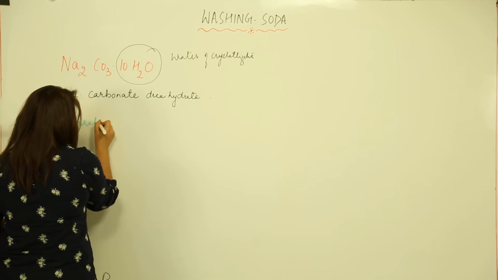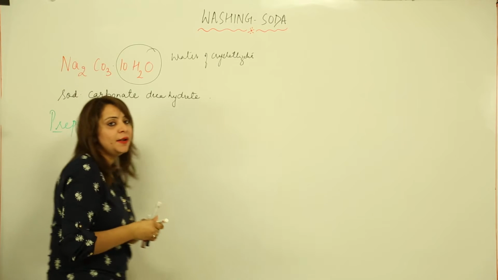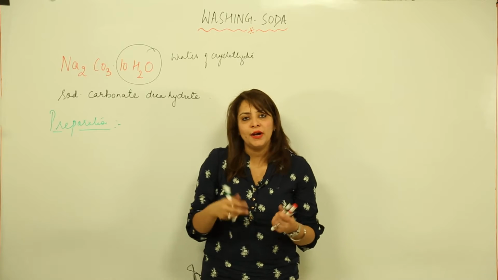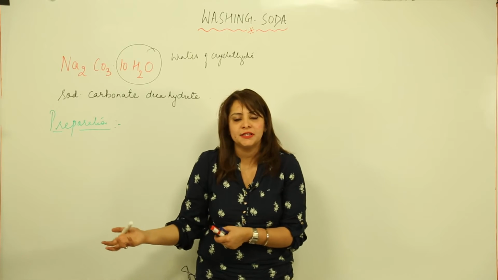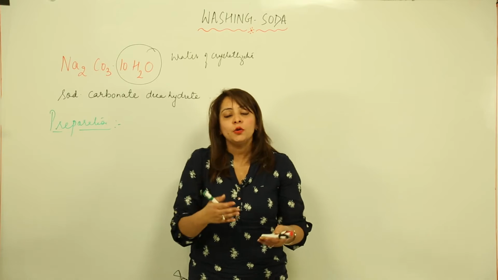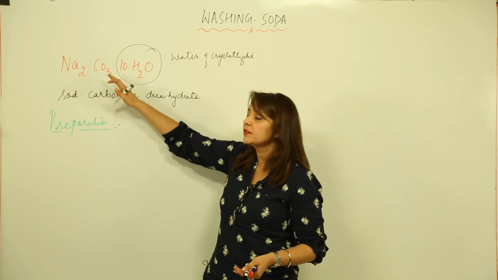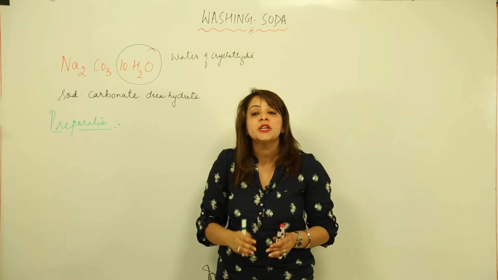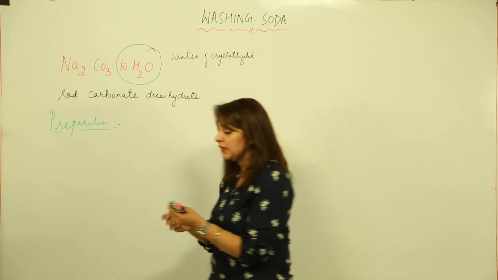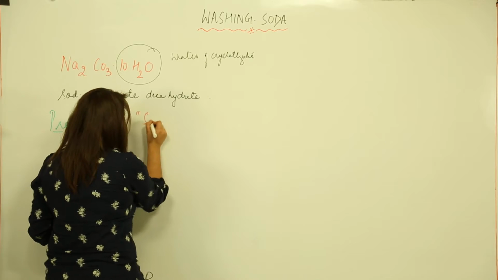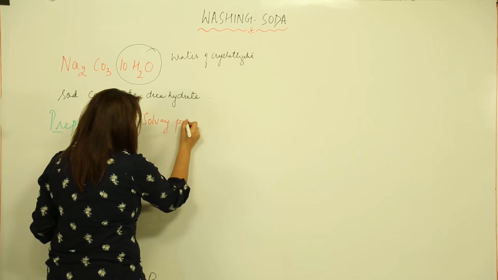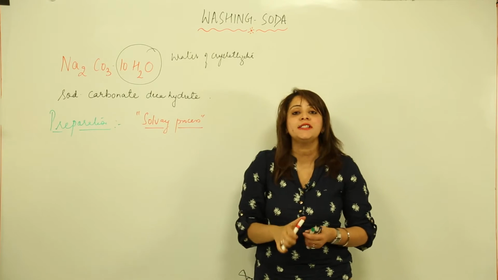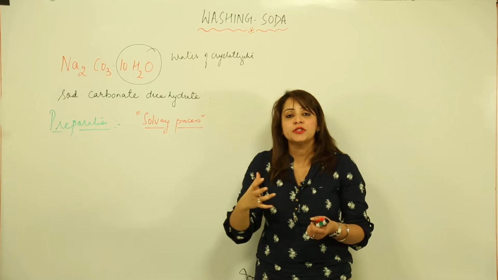When we talk of preparation, we have different methods to prepare different chemical substances. There is not only one method for the preparation of any one chemical substance; we have many methods. Likewise, we have many methods for preparing washing soda. But out of them, one popular method is used, and that method is called the Solvay process. The question must be arising in your mind: what is the advantage of this process that it is popularly used?